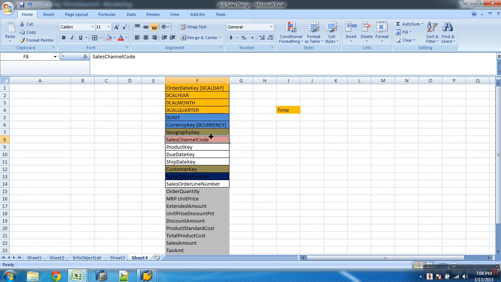So this cannot fit into this dimension, so I put it in another dimension. Now let me go and see this product. Now let me check whether this product can come into this geography. If not, then I'll check whether it can come into sales channel. If not, it will be a new dimension. Now can this product come into this? No, this one. There's already a dimension with country and customer.